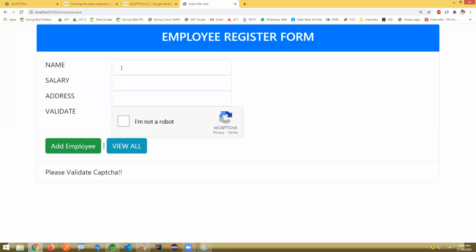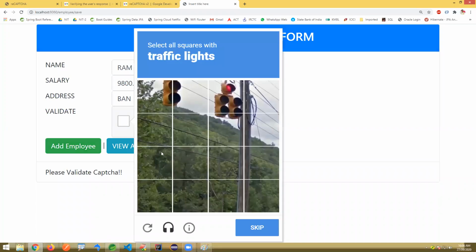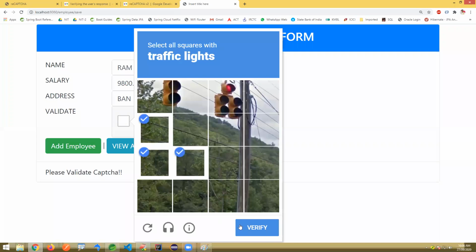Now add button. Without entering anything, please validate captcha. Of course, you can write jQuery validation or something here for this also, but I'm just concentrating on this one. Okay, just I'm writing RAM, something 9800, address something like Bangalore. Please validate captcha. Traffic lights. Yeah, deliberately I'm choosing wrong.